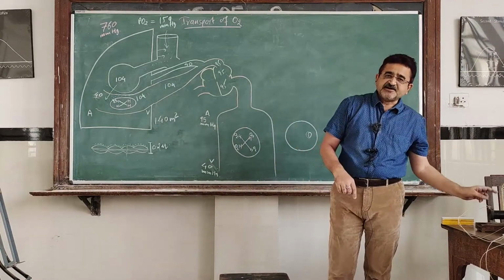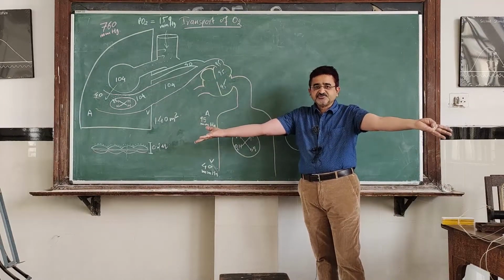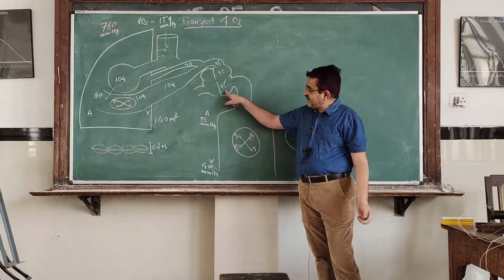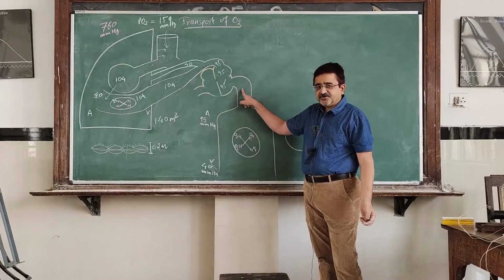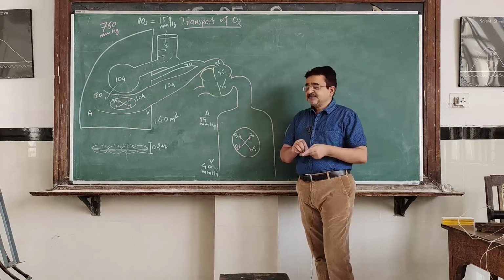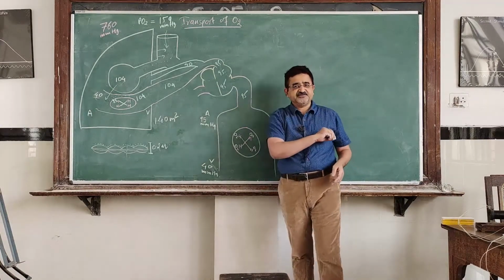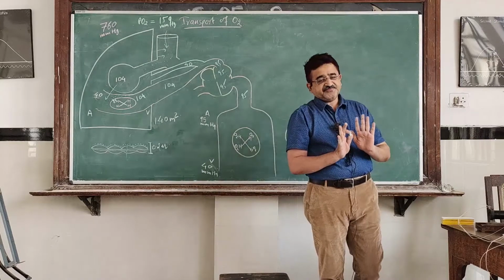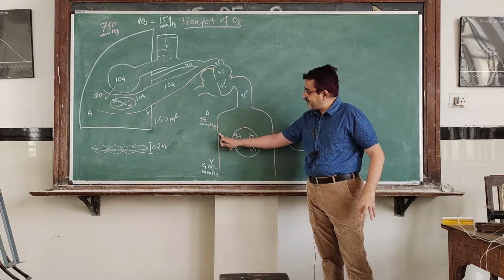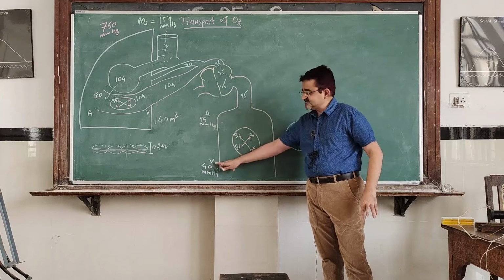Now, how much is the partial pressure of O2 in the ventricle from where we are delivering oxygen to all the tissues of the body? It is 95 millimeter of mercury. From here, blood is ejected into the aorta. It then goes into various arterial systems. So in the arteries, the partial pressure of oxygen is always 95 millimeter of mercury. Is that understood? Now this blood is reaching the peripheral capillary. This is the arterial end of the peripheral capillary, and this is the venous end.